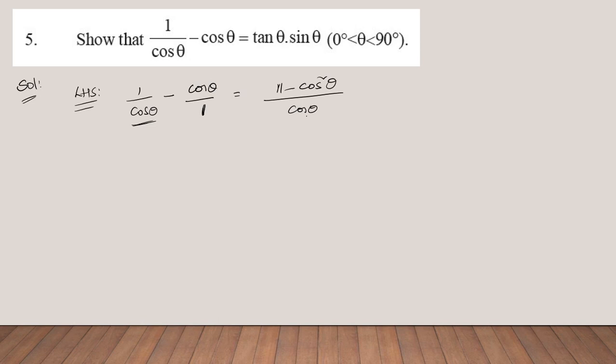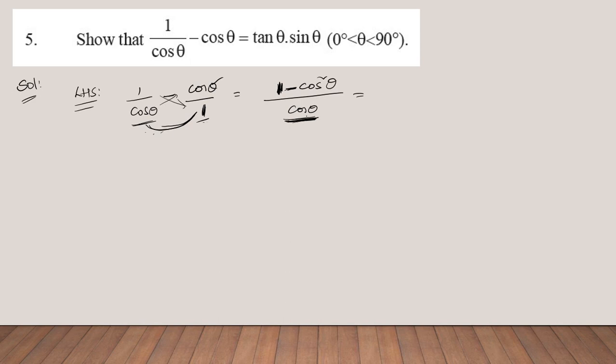So that 1 into numerator 1 is 1, minus, so that minus will be carried here. Next here 1, but the LCM is cos theta. So how can you make 1 as cos theta? By multiplying with cos theta. So that cos theta into the numerator cos theta is present, no? That is cos theta into cos theta. Or simply what we can do is, if the product of the denominators is my LCM, then you can directly do cross multiplication.